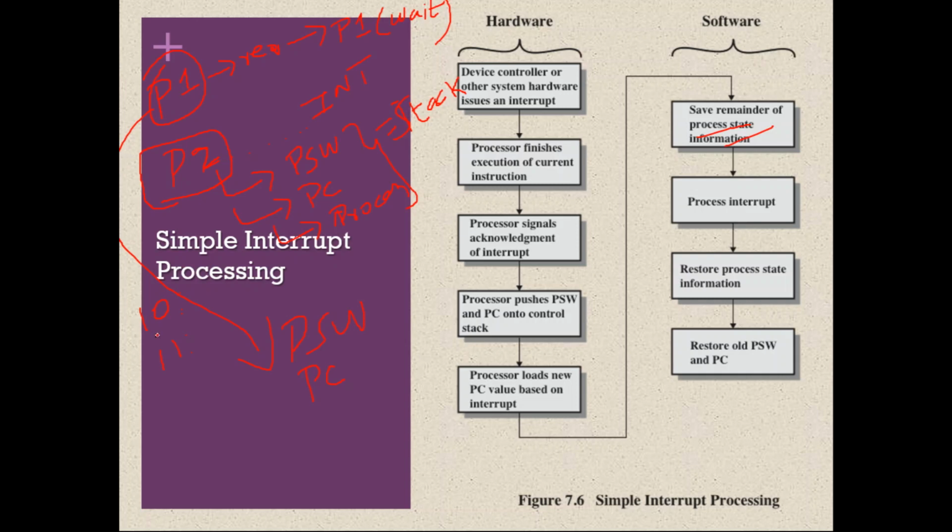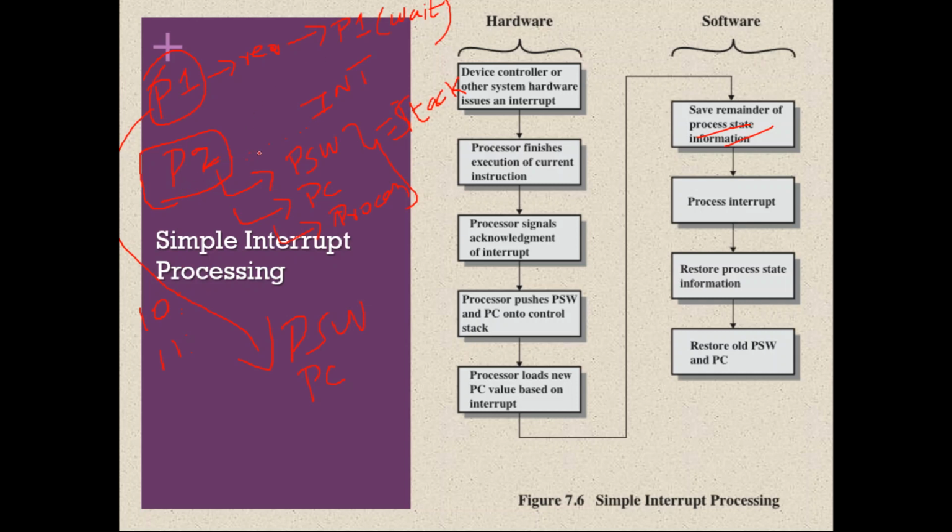Right. So this is what is shown in this flowchart. Assume that initially P1 is executing. Meanwhile, P1 creates an IO request, an IO operation. So CPU issues an IO command. But after issuing the IO command, CPU wants to move to some other process P2. In that case, P1 should be in wait state. So to keep P1 in wait, all the information about P1, like program status word, PC and process state information, is pushed into stack. Okay, and the process starts executing P2.